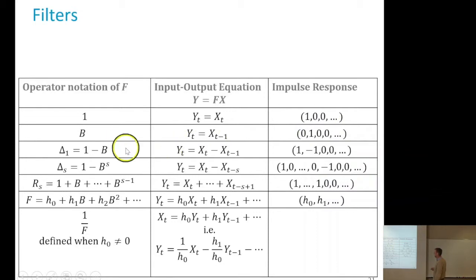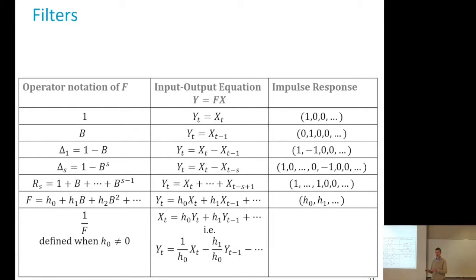The differencing filter that we've seen yesterday corresponds to this impulse response. The differencing at lag S. The seasonal integrating filter, which takes the integral over a period, corresponds to an impulse response that has 1 over the first S elements, etc. Here, when a filter is invertible, when its h0 is non-zero, the inverse is denoted 1 over F,